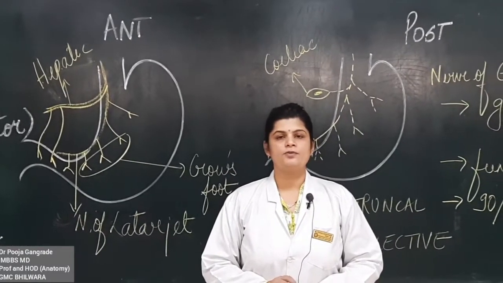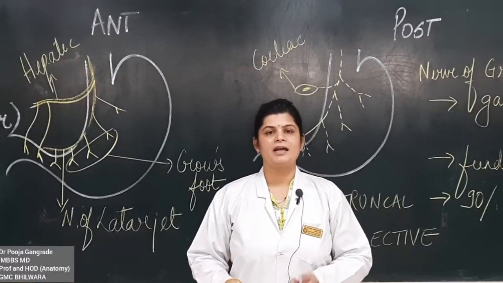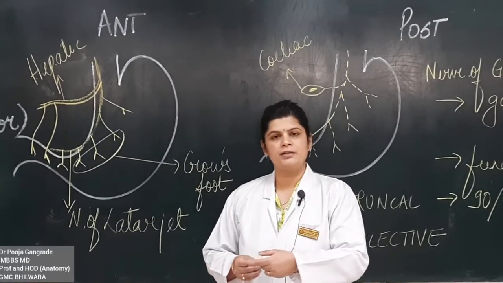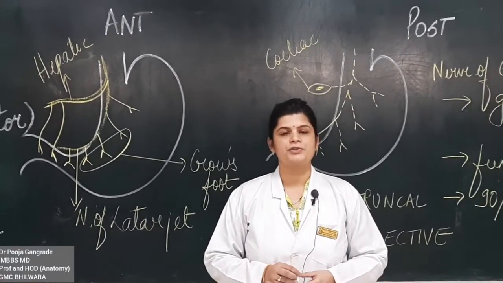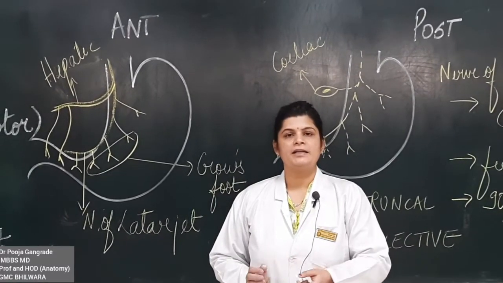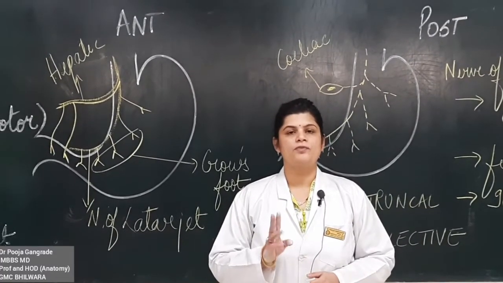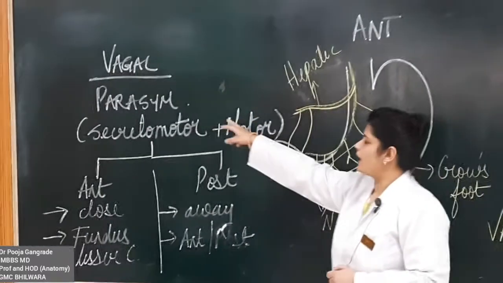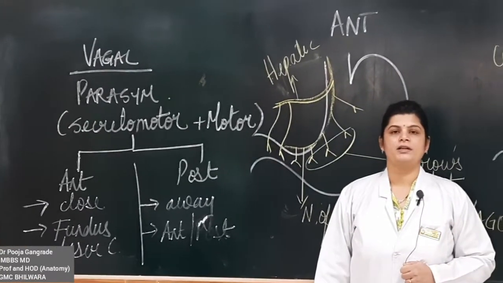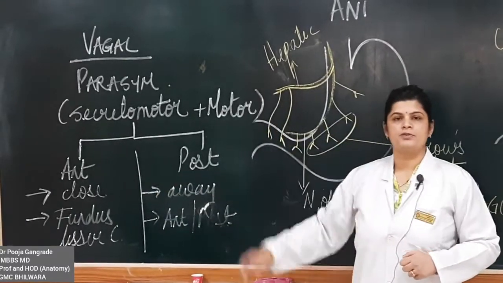Now when we read the esophagus, we saw that the anterior and posterior vagal trunks are nothing but right and left vagus. So when they are on the esophagus, when the midgut rotation takes place, when the rotation of the foregut takes place, at that time they become anterior and posterior respectively. Okay. So the stomach is supplied by nothing but the 2 vagi. The 2 vagi are parasympathetic in nature. They are secretomotor and motor to the stomach, both the anterior vagal trunk and the posterior vagal trunk.